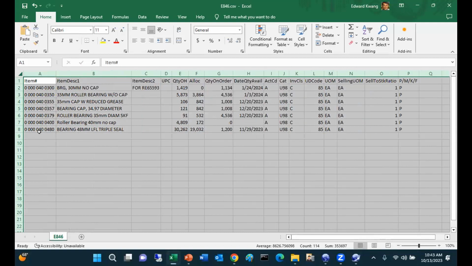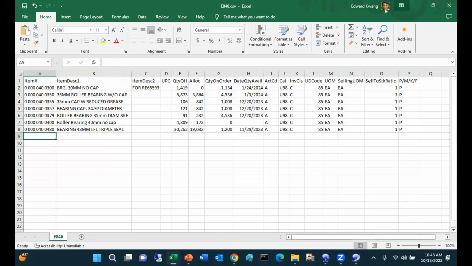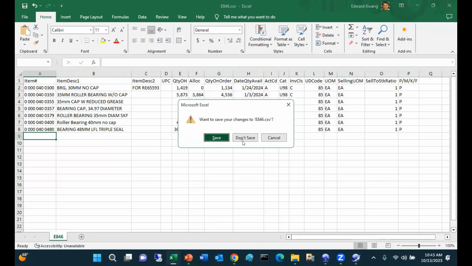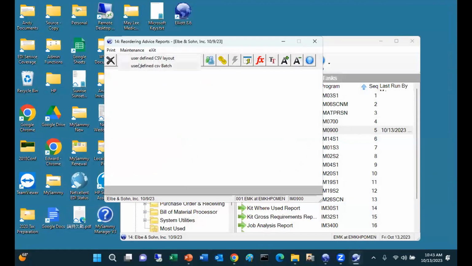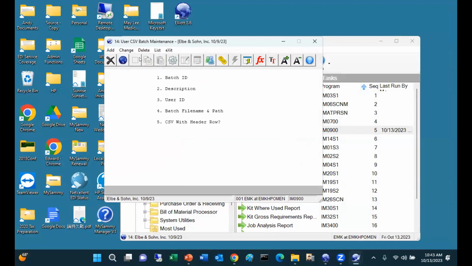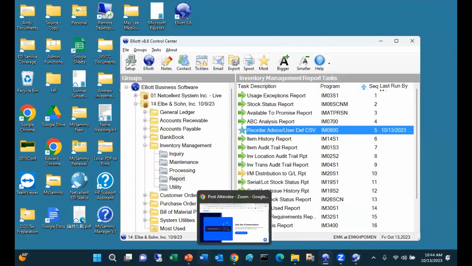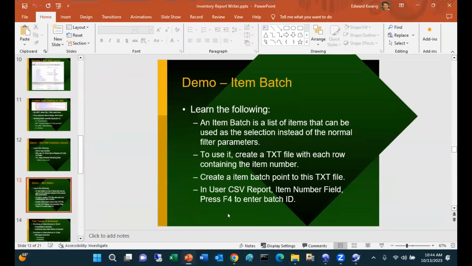Yes? I didn't see where you... Okay. It's called batch. Yep. User-defined CSV batch. I will need to define a batch. In this case, I call it 040 batch. In this 040 batch, you specify what your batch file name and path are. So in this example,